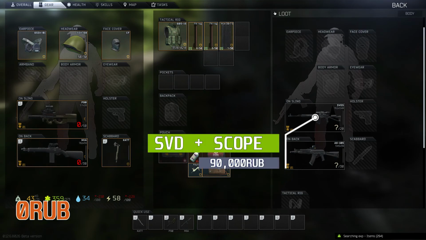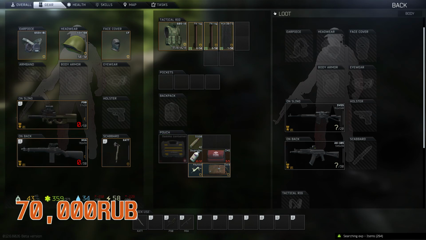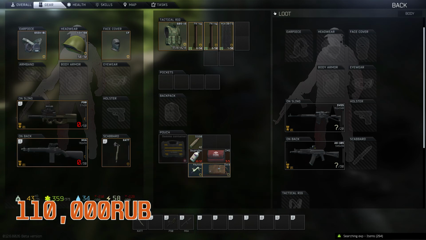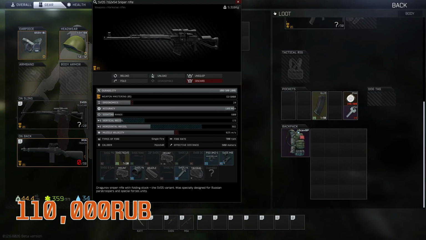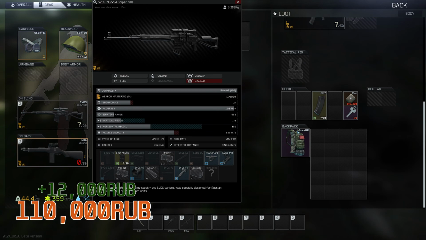Right, so this is Shturman. He drops his SVD, which is worth about 90,000 rubles, and then his AK-105. It's only worth about 50, and that's being generous. You can usually, well, 40. Usually you can buy these for 20 to 30,000, and the scope on top only adds an extra 10k. He didn't really have many grenades on him, and the ammunition wasn't worth anything, but what you're killing him for